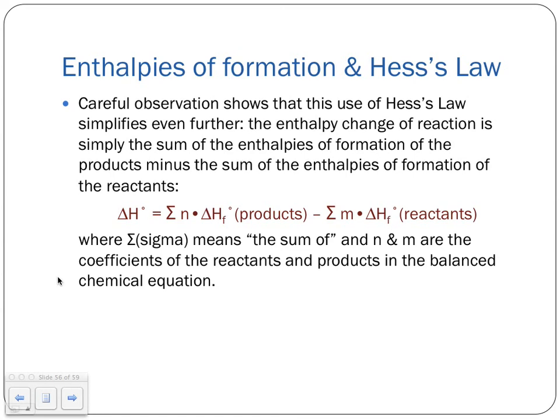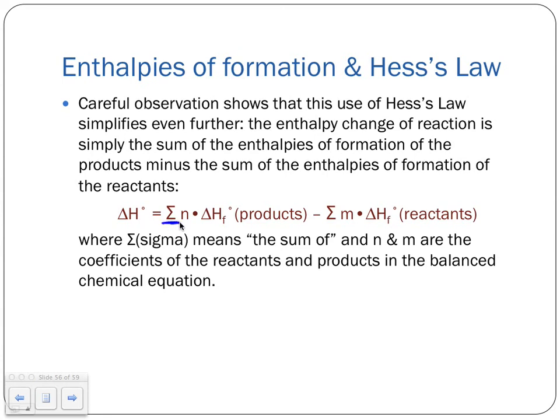So if we were to take the enthalpies of formation for each of the substances that are the products that we end up with in the reaction, we add all those up, and then we take all the enthalpies of formation that we look up in the table for each of the reactants, no matter how many we have, and we add those up, then we just take the difference between those two, as long as you take each one times the number of moles each one has in the reaction. So if we wrote this out in terms of more of a traditional formula, we would say that delta H naught for any reaction is going to be equal to the sum